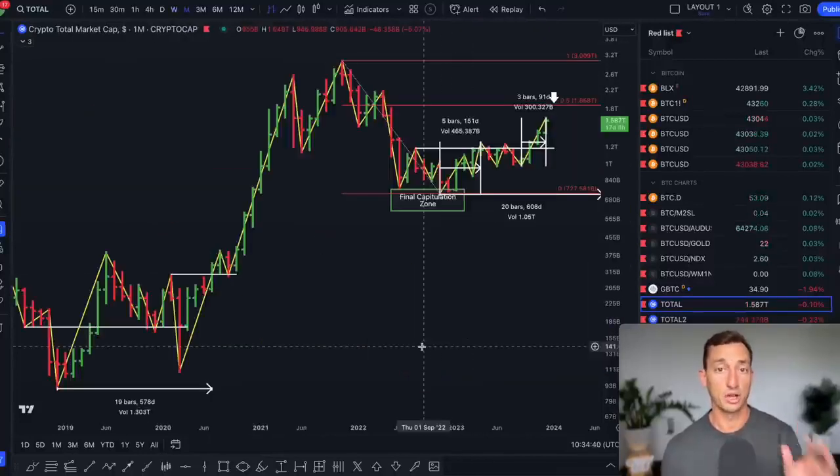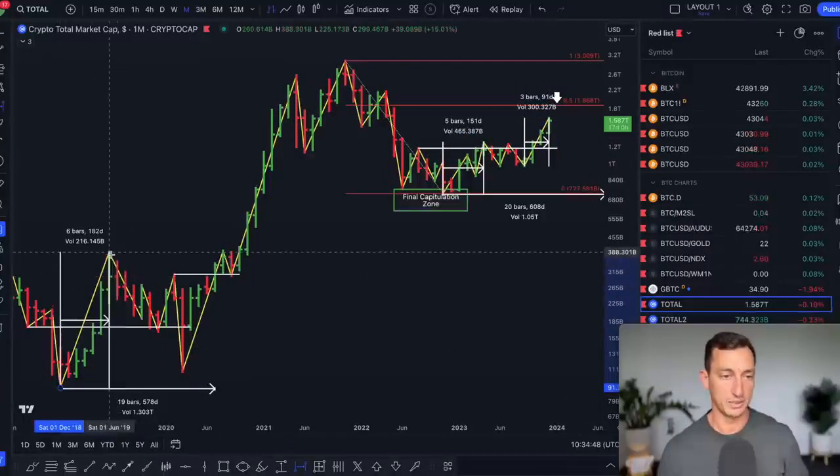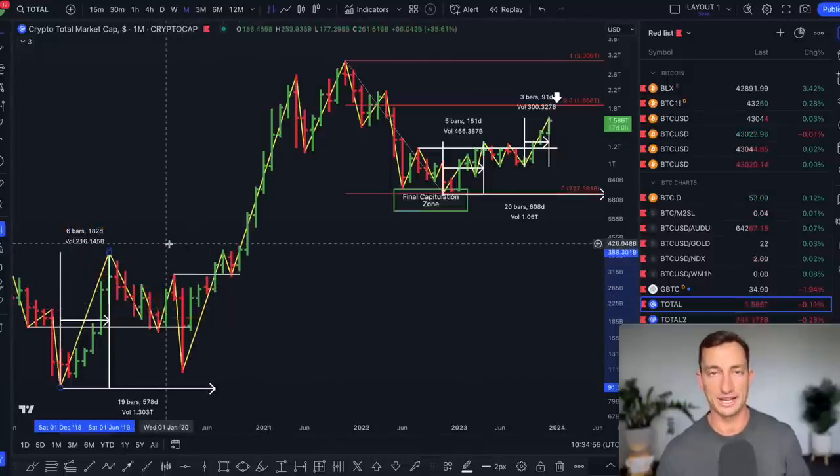Same sort of picture on the total cryptocurrency market cap, which had 5 months as its biggest move, and so far 3 months right now. And in the previous cycle, you had the low of December up to the top there in June. So 6 months, 2 months, and then another 1, 2, 3, 4, 5 months as well. So basically the same sort of thing there.